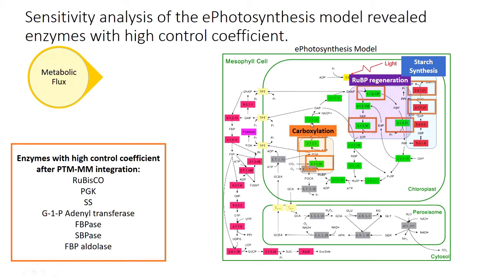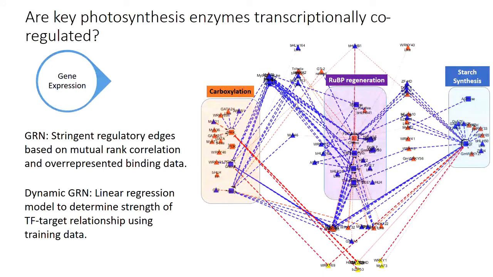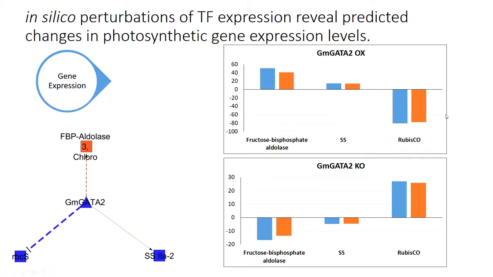We know that these enzymes, the genes that encode these enzymes, are regulated at the level of transcription. So then we went back to our gene expression data and built a gene regulatory network to identify transcription factors that are regulating these key enzymes that are controlling carboxylation, RuBP regeneration, and starch synthesis. From this analysis, we identified several TFs, but one in particular was GATA2. It's predicted to repress the expression of the gene that encodes RBCS and upregulate the genes that encode FBP aldolase